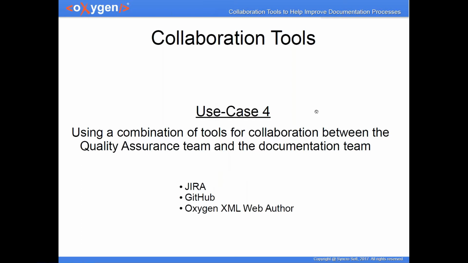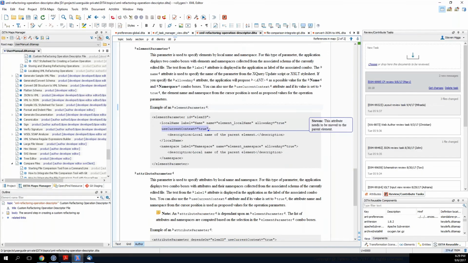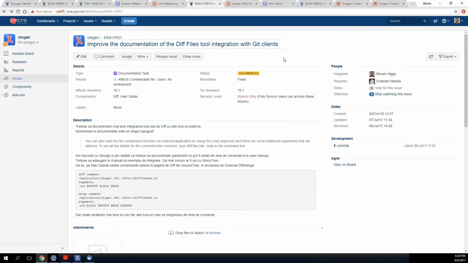Next, I'll show you how our quality assurance team uses a combination of tools during the collaboration process. Remember that I said after the documentation team finishes our initial process, the QA team proofreads the changes. So let me show you their typical process. So once a JIRA issue reaches the documented status, this is when the QA team can look at the documentation. And here's an example. See, it's in documented status,